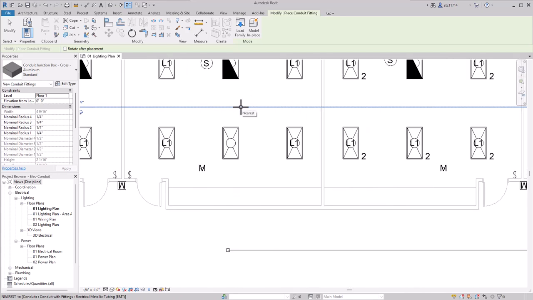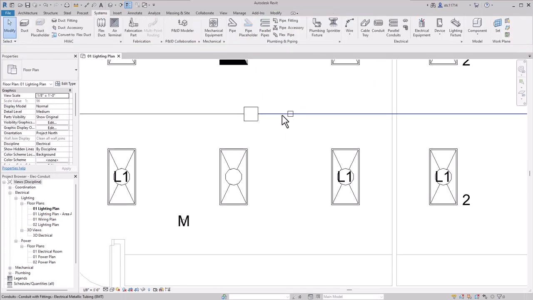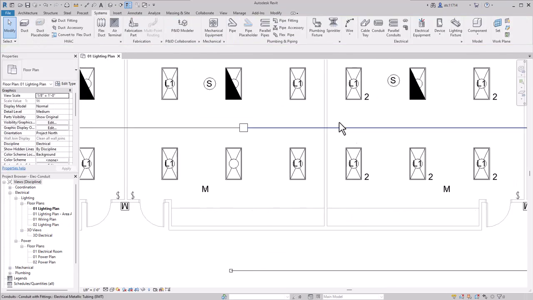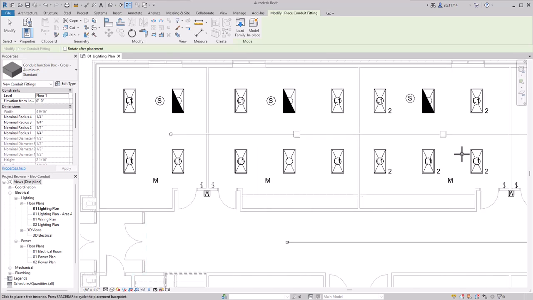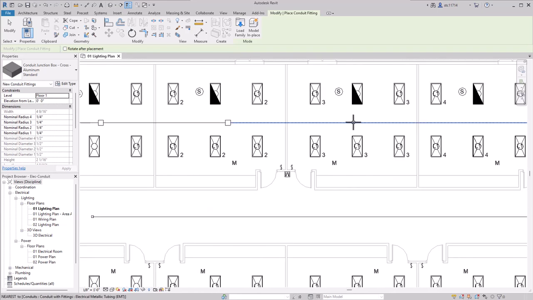So one thing I want you to be aware of is the snapping issue. If I click here where it says nearest, it looks like it actually placed it correctly. It is possible to click it like so and have it not resize and not split your conduit. So be careful with that. Basically, you just want to make sure that you actually see the word nearest when you click, and you should be okay. So as I said, technically, they should be in each classroom. You don't necessarily have to create every single one, though.